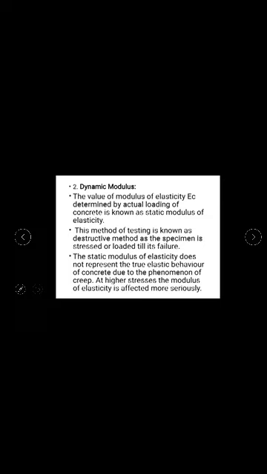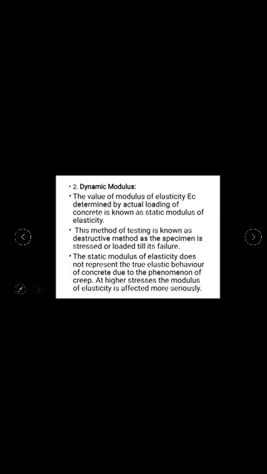We also understood that the secant modulus is used for finding the Young's modulus of concrete according to Indian standards. We have also understood the various factors which affect the Young's modulus of concrete: the age, the wetness of concrete, and other parameters as well. We have also understood the use of modulus of elasticity in the design. So the short term modulus and the long term modulus also depend on the age, and you have understood what creep is.